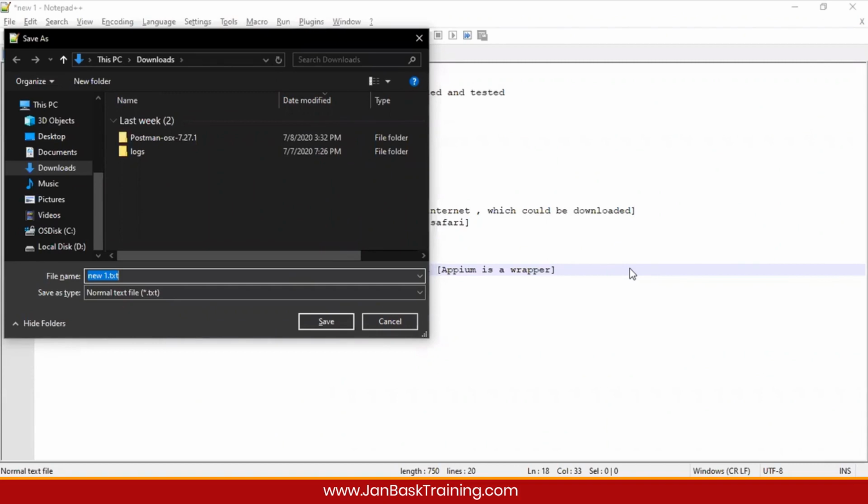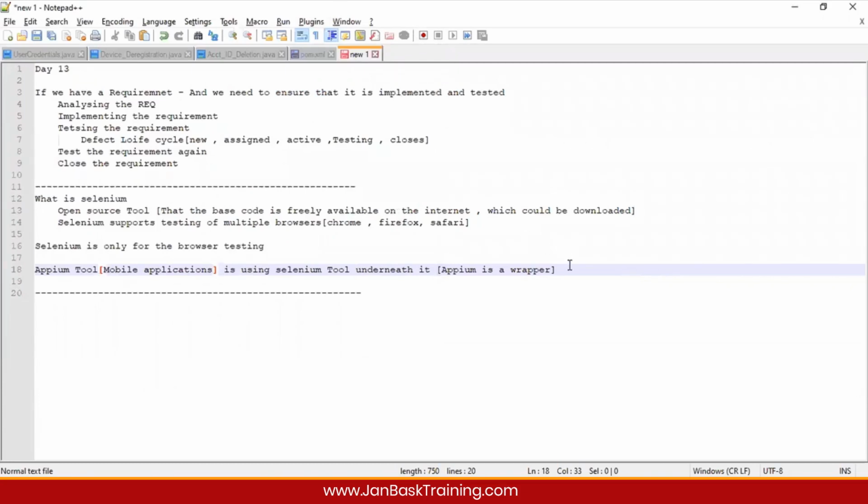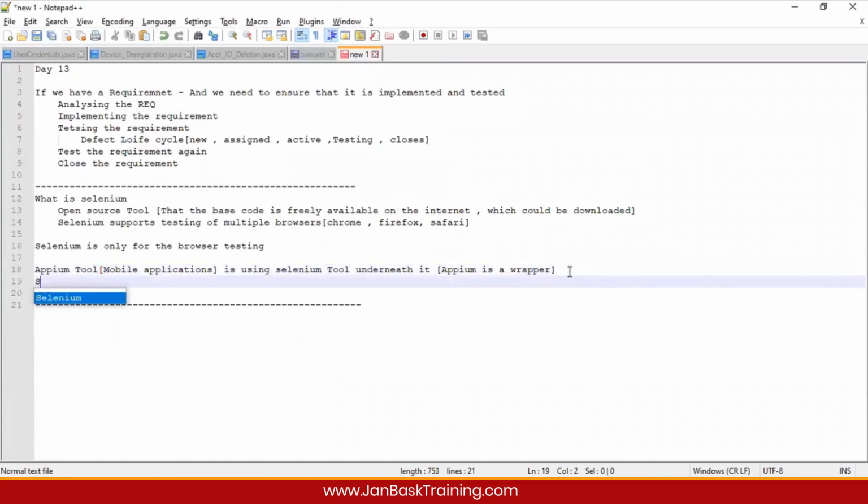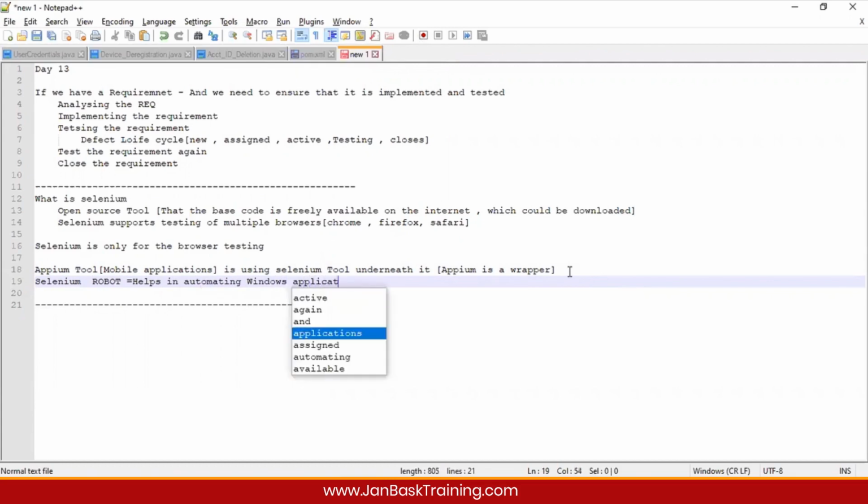And now this is a pop-up. So what we do now, we have another feature called robot class. So Selenium plus robot helps in automating Windows application.